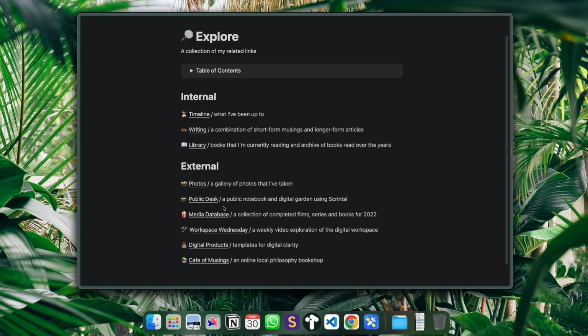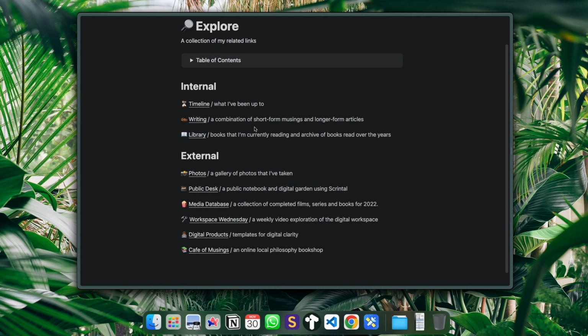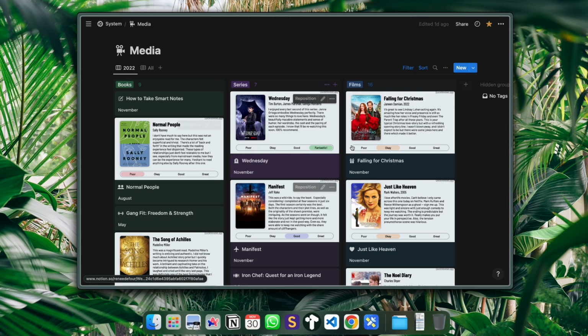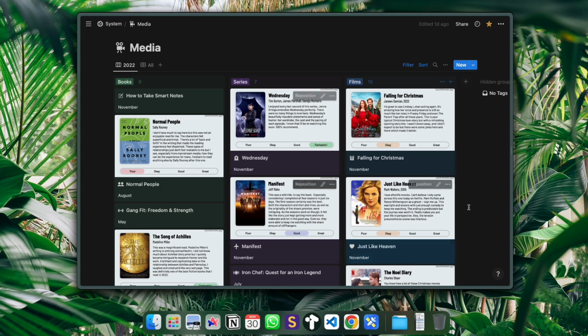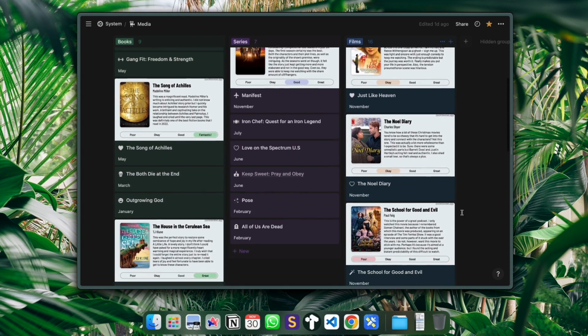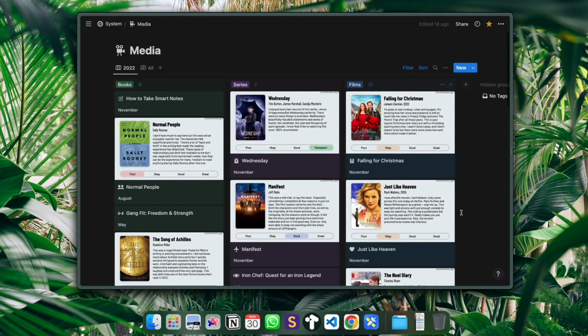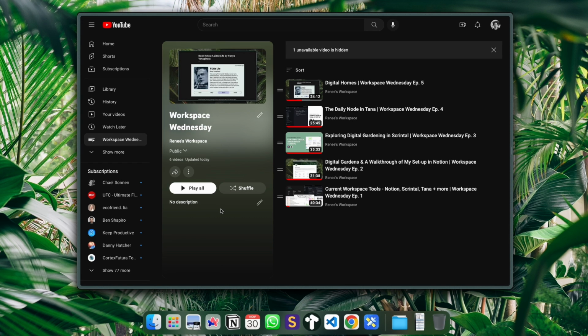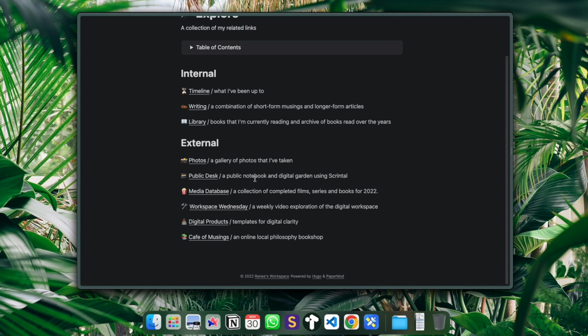So people can navigate within the actual garden or within the actual website. But I also have other links, like my media database, so people can come and see. This is opening up in my Notion, but you can come and see what I've been looking at, etc. I have a link to the Workspace Wednesday playlist,